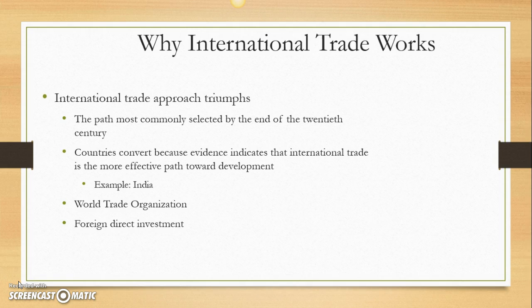And some of the ways that this has happened is we see the development, for instance, of the World Trade Organization, and the whole point of the WTO, as it's called, is to regulate and manage trade between countries and try and set a basic set of ground rules to make everything fair and equitable so that countries can't just go out and cheat each other. Okay. International trade also leads to a lot more foreign direct investment, which helps speed up and pick up the pace of development within a country.